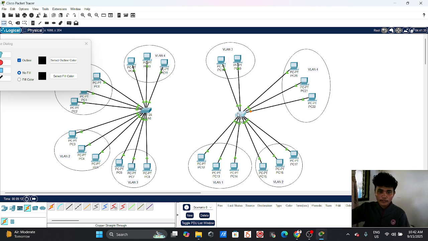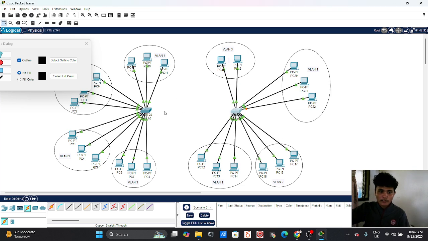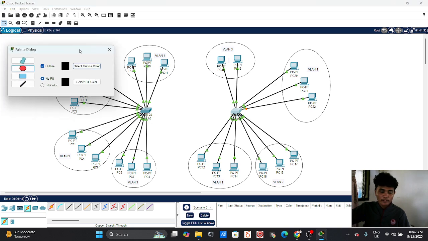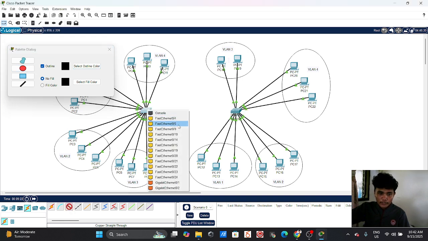So in access port, we need to connect switch 1 to switch 2 using 4 ports. So VLAN 1 is 1 to 5, VLAN 2 is for 6 to 10, and then VLAN 3 is 11 to 15, and VLAN 4 is 16 to 20.